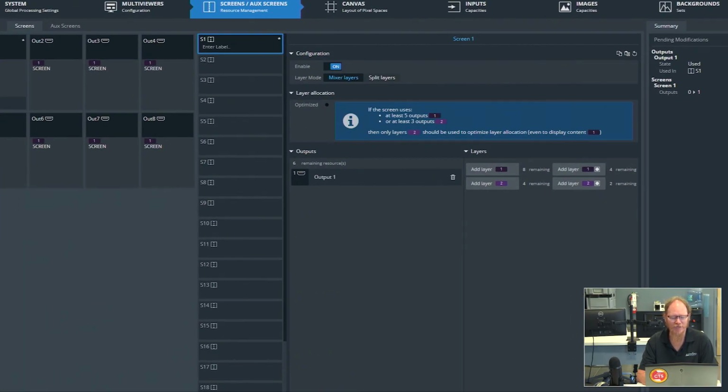As soon as we change it to a single output with a 4K capacity, we are now back to our 8 single capacity layers or 4 capacity 2 4K layers. So I can do my 6 mix layers, 1 on each of the 6 LED elements, and 1 4K layer across everything, just by going from 6 outputs that are only doing HD and going down to 1 capacity 2